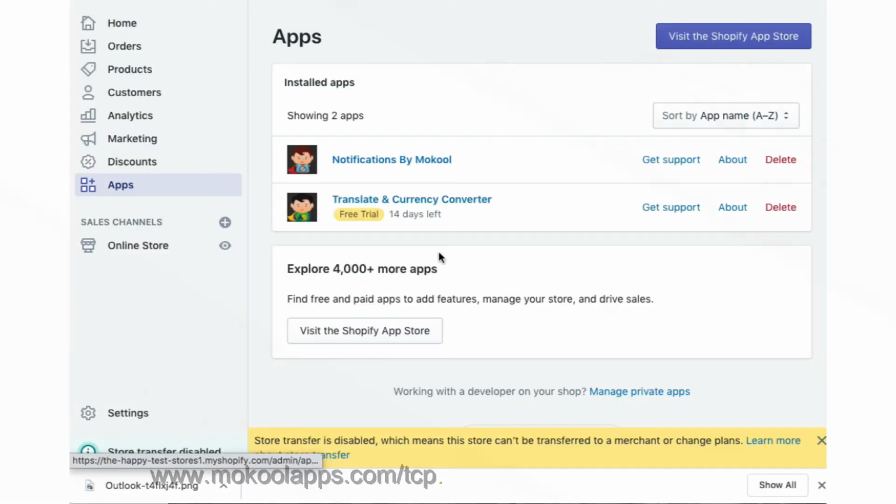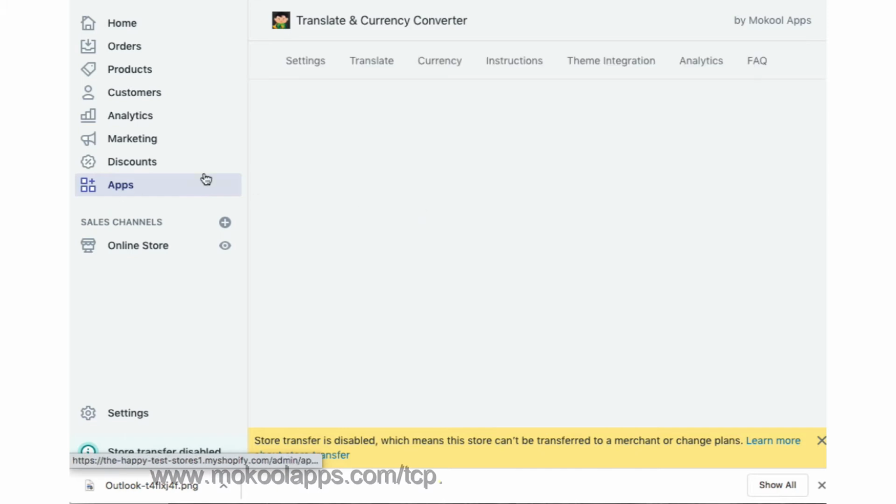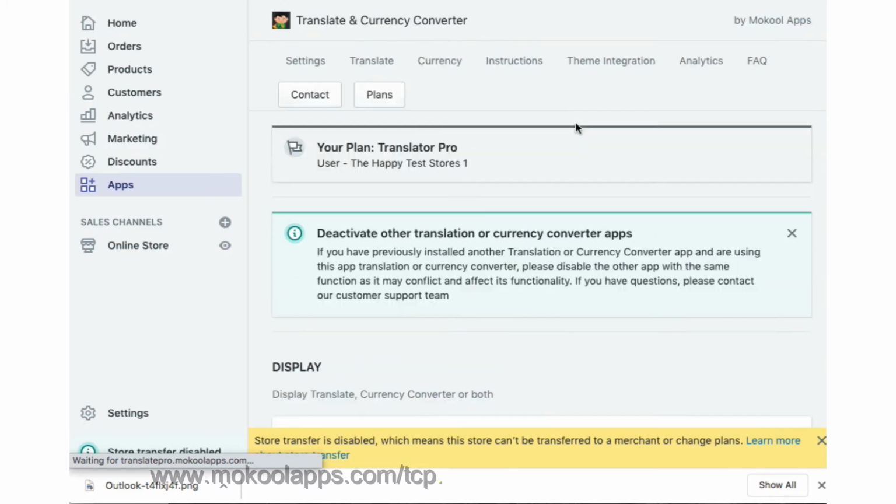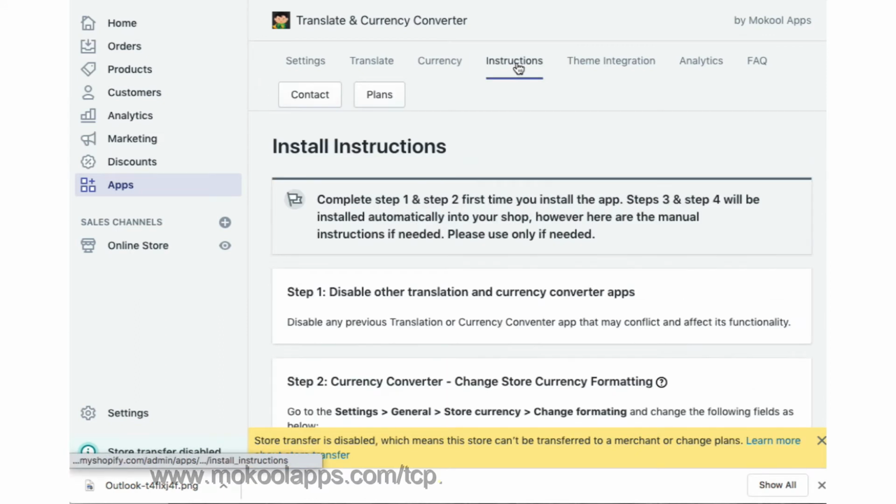I'm going to show you exactly how to install Translate and Currency Converter Pro onto your Shopify store. So first thing you do is you go into the app here. We do have instructions, so you can get access to this at any time. If you go to the instruction screen, if it's your first time installing it, you're going to need